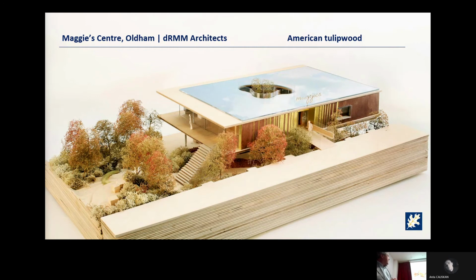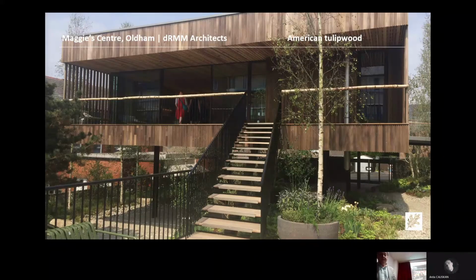One of those projects is Maggie's Centre in Oldham in Manchester. Very special building. It's a cancer care centre for people who have been diagnosed and are not very well. This is the schematic, the original model that Alistair Riker came up with of how he wanted the building to look like. And this is the finished